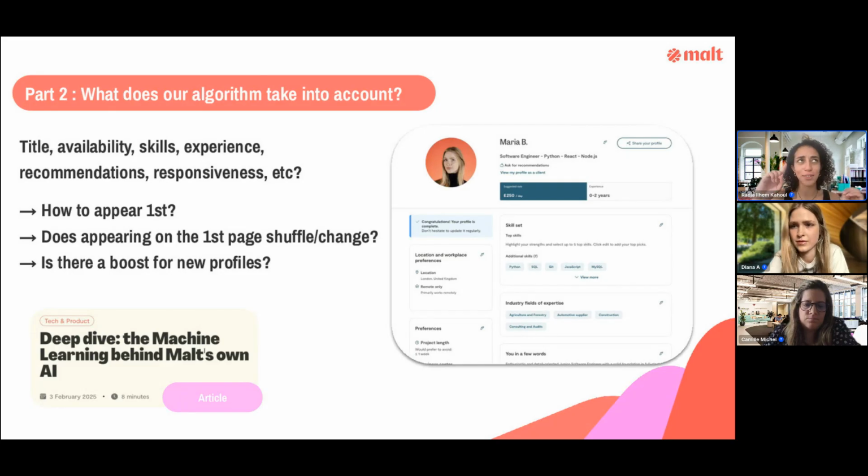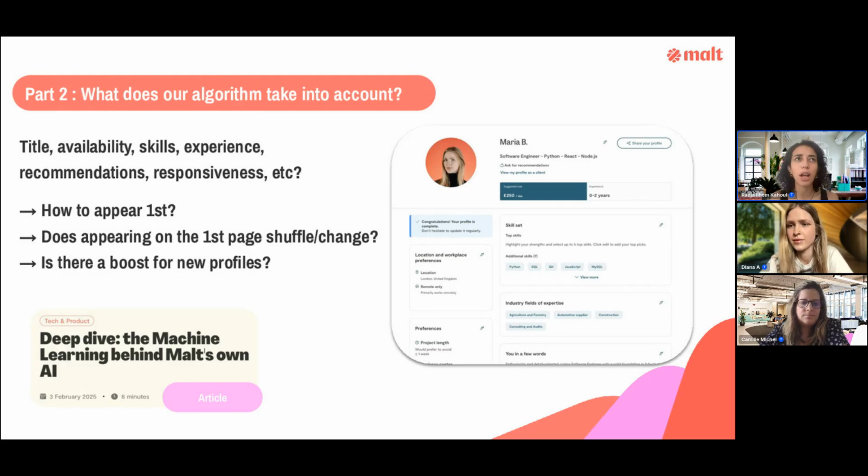So we did job title and experience block. We then have ratings and reviews. Here it's all about trust. When you already do projects on Malt, you have ratings, the 5 stars, etc. When you're new, you also have the possibility to add recommendations. You ask people from your network, people you worked with, to give you a recommendation on Malt, so that on your profile we already know what this person thinks. Okay, they already worked with this person, and it creates trust and reassurance.